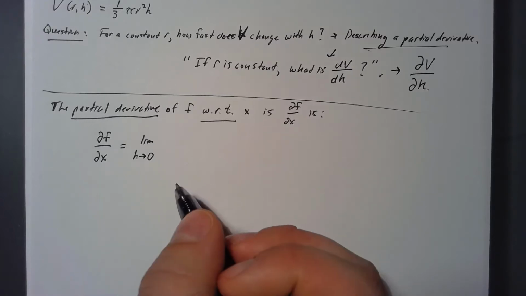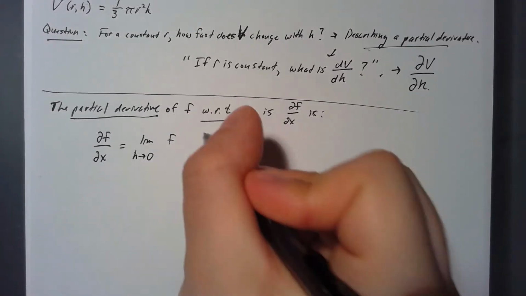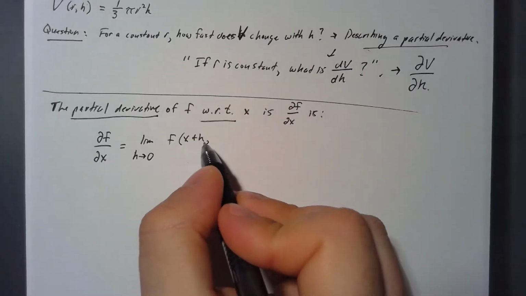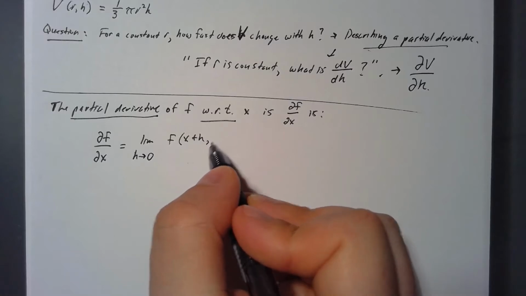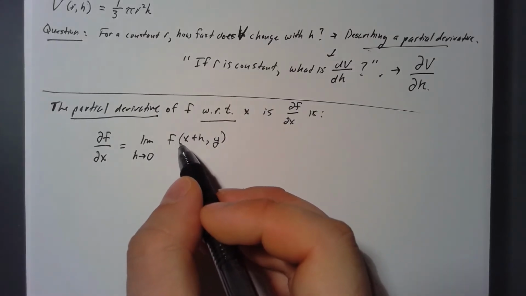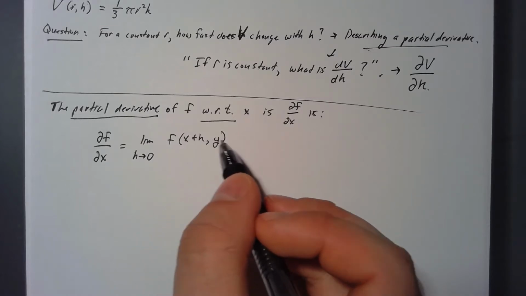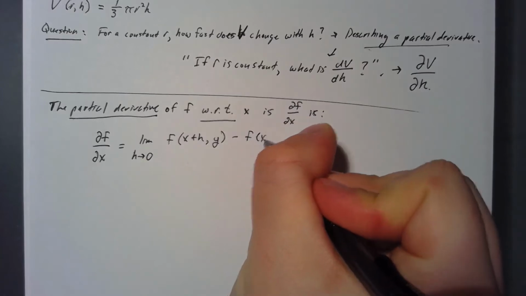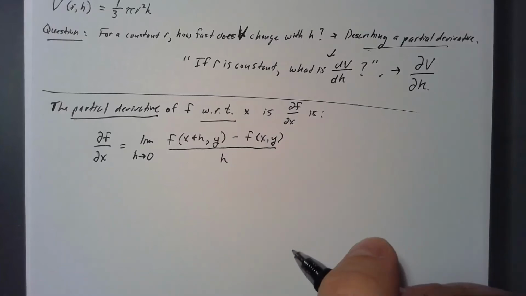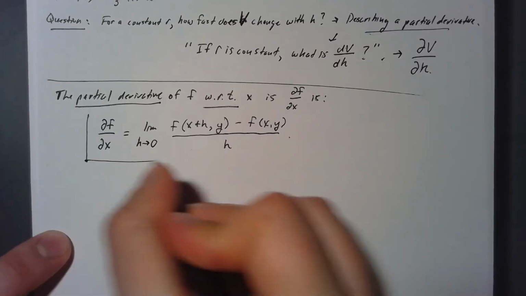So I'm going to have the limit as h approaches 0. Because x is moving, I'm going to have some change in x, right? But y is going to remain constant. Ordinarily, this would just be f at x plus h minus f of x over h. But now I'm considering two coordinates, minus the function, all over h. So that's the limit definition of the partial derivative